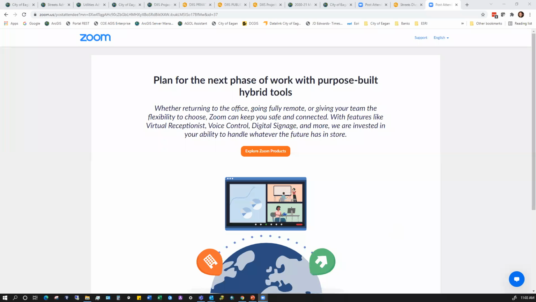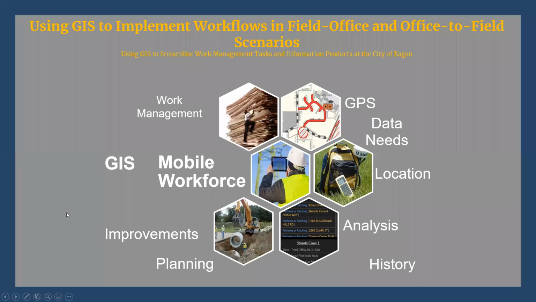Sorry, we're getting this. Ali, are you able to see our slide? Yes. Okay, this is the slide page. Okay. Sorry about that.